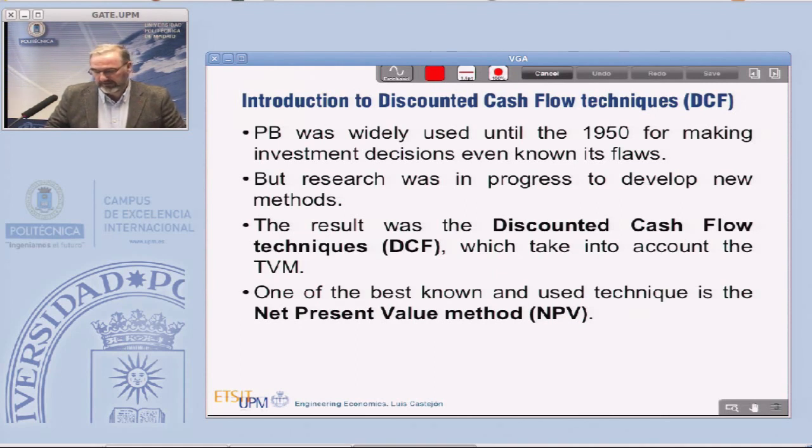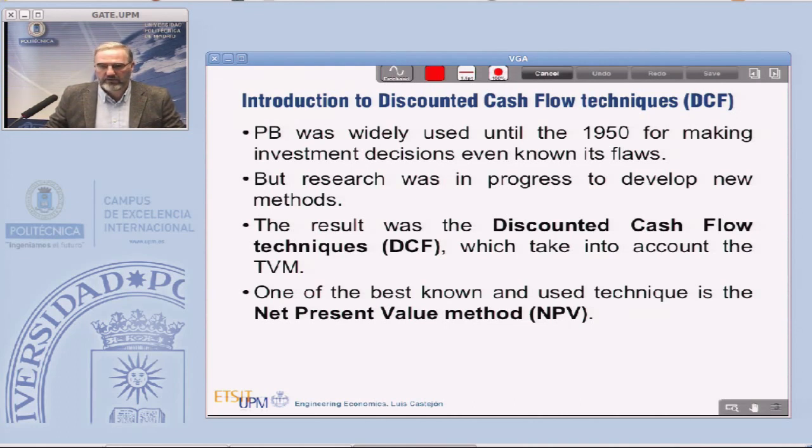But as we explained yesterday, this payback period methodology has serious flaws. As you remember, the most serious flaws were that they ignore the time value of money,